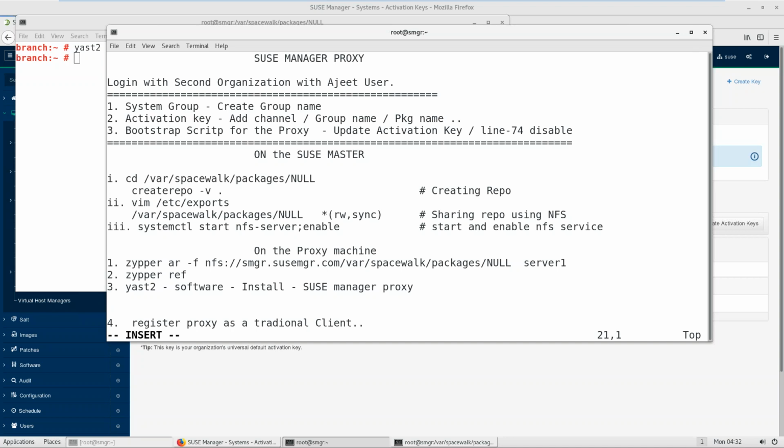Now the next step is to register the proxy as a traditional client. So you remember that we have created one script file, a bootstrap file, on the server machine. So now it is time to use that file. So on the master machine,